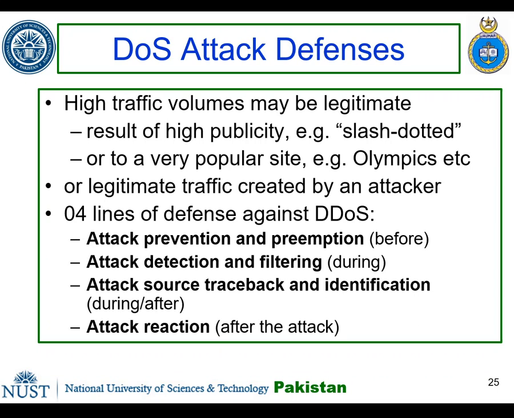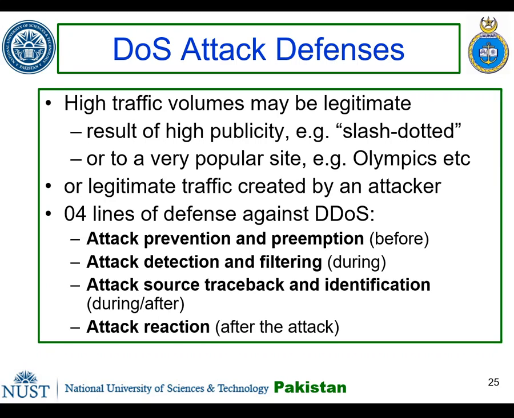There are a number of steps that can be taken to both limit the consequences of being the target of a denial of service attack and also to limit the chance of your systems being compromised, then used to launch denial of service attacks. It is important to recognize that these attacks cannot be prevented entirely, as high traffic volumes may sometimes occur by accident as a result of high publicity about a specific site or due to extreme popularity